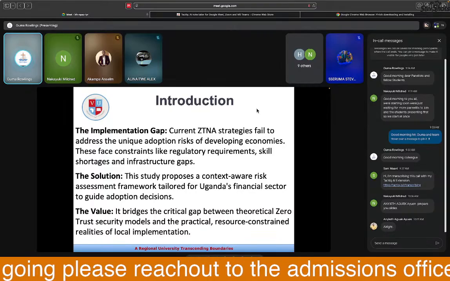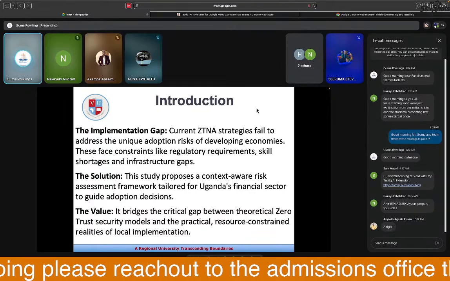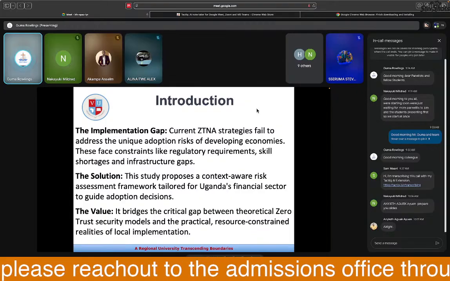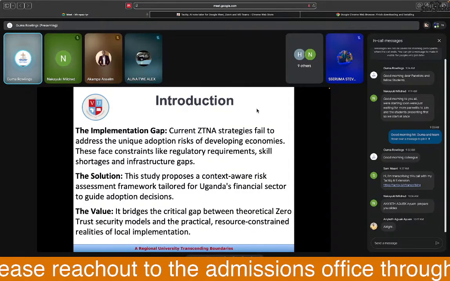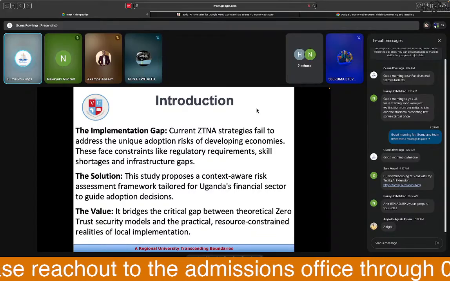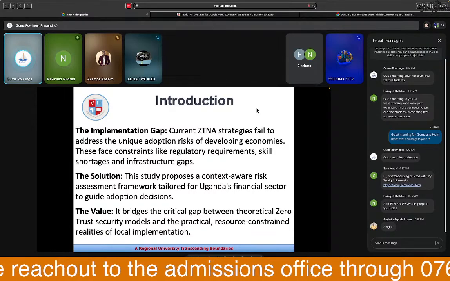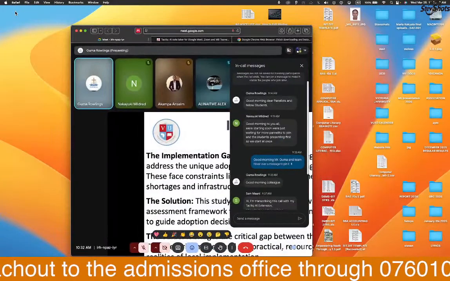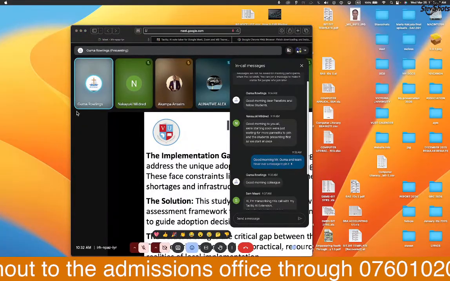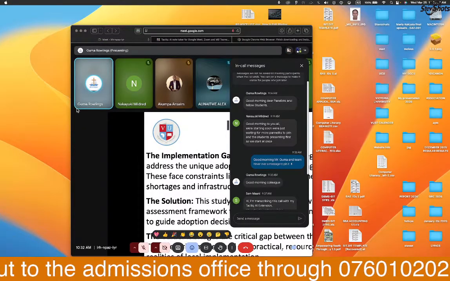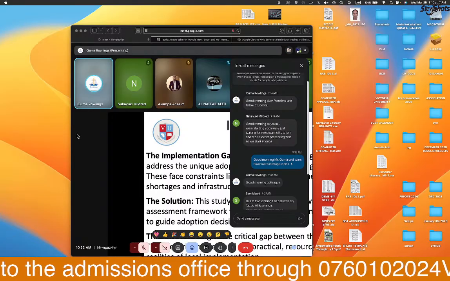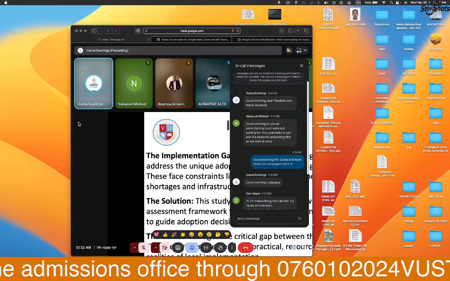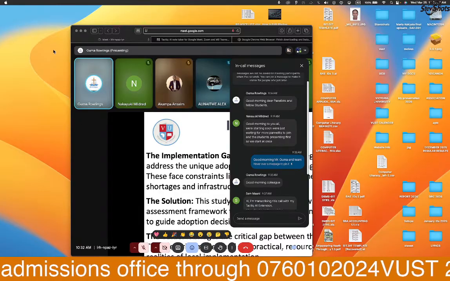We look at the core banking systems employed, the requirements by ZTNA is that these solutions should have things like two-factor authentication, should have robust identity and access management. These are things that most banks here do not have by virtue of the technology that they employ. Most of this technology, they've had it for over 20 years. These are old technologies.